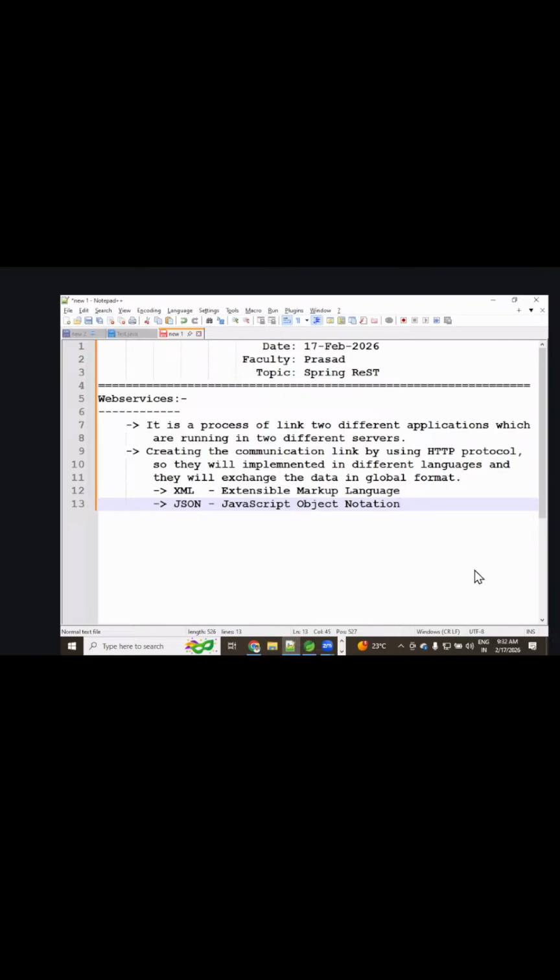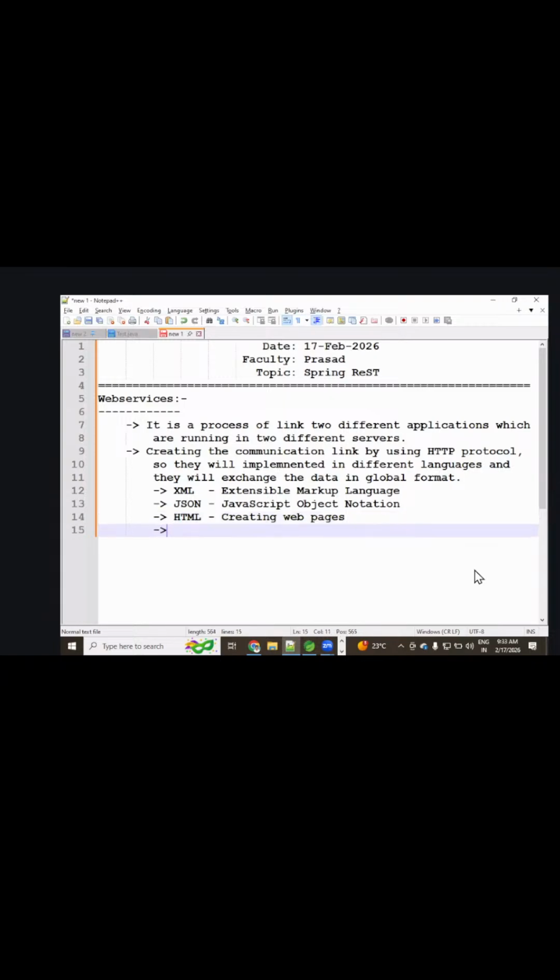Right. So, what is the difference between HTML and XML? HTML stands for hypertext markup language, right? What is the purpose of HTML? It has predefined tags. What will it do? Creating web pages, that's it.